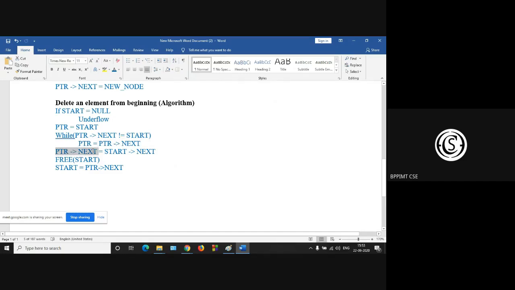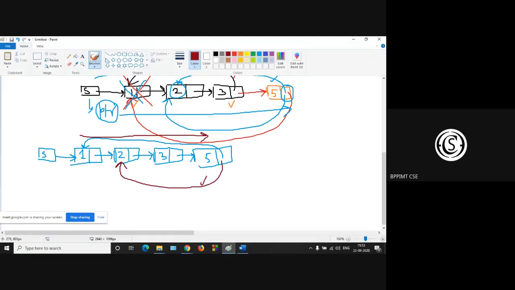Now PTR arrow next is the start arrow next. So what is the start arrow next? This node is your start, the first node is your start. So start arrow next is actually this node, the second node. Now at the last node there is your PTR, so PTR arrow next, the info part, must be connected with the second node.